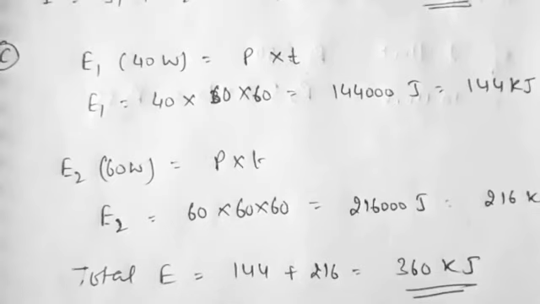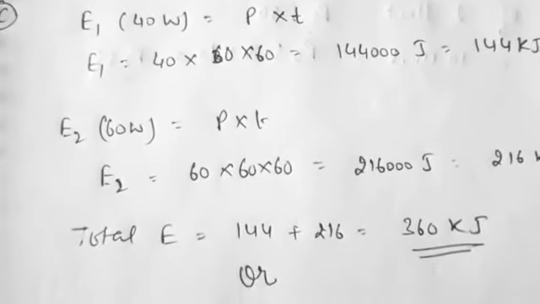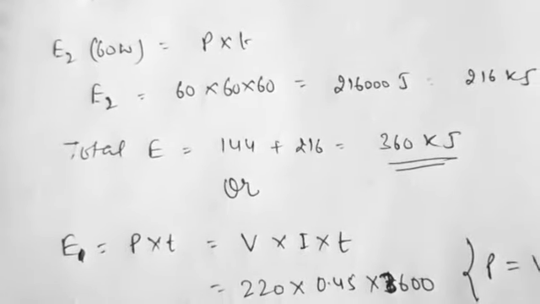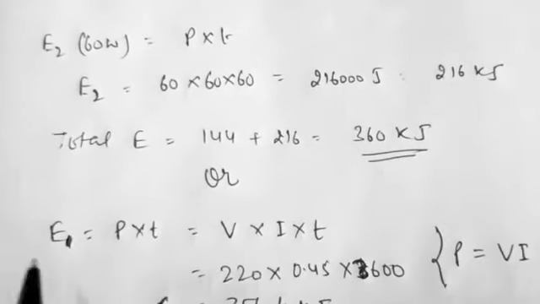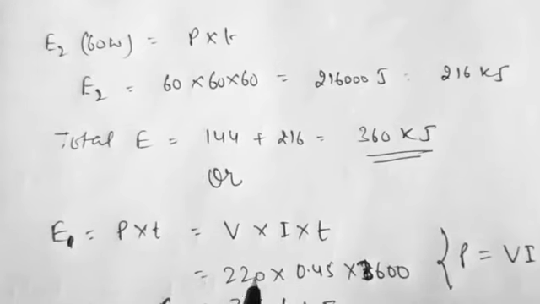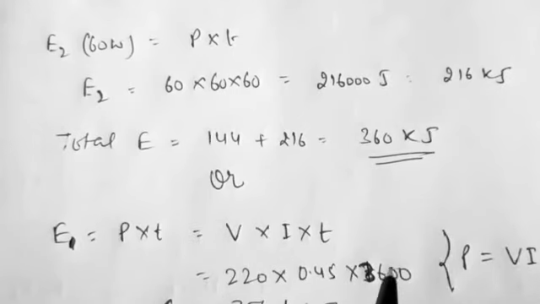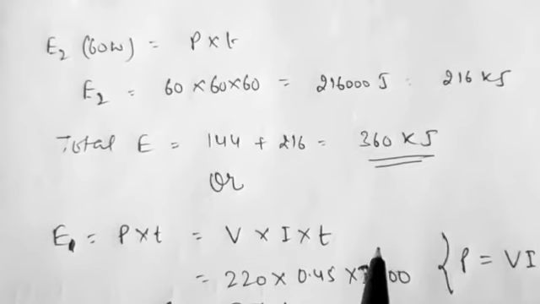But we could have directly found the value of energy by the formula. We know energy is equal to power into time, and power is equal to V into I. So we can write energy is nothing but voltage into current into time. The supply voltage is 220 volt, the current is 0.45 ampere, and the time is 1 hour, that is 3600 seconds. So if you multiply,